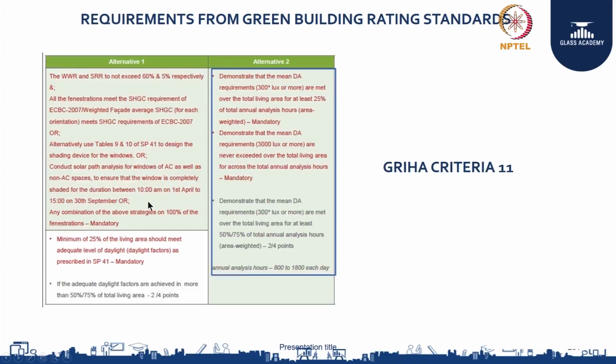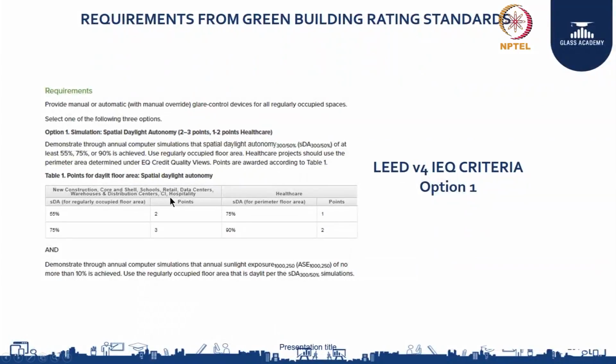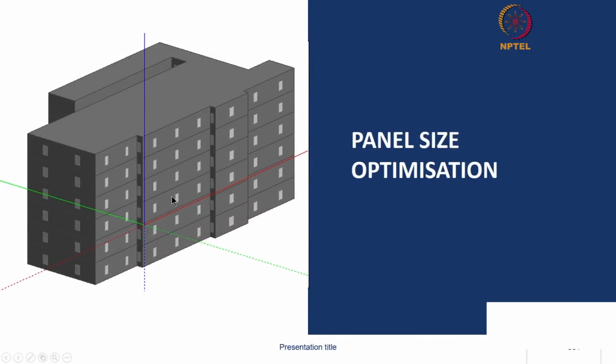So this is the end of your daylighting, and next we enter into an interesting topic called panel size optimization. So now we have decided from the sustainability point of view the glass that I am going to use, whether it is going to be a coated glass of solar factor of so and so range so that I achieve my green building requirements, or you get a comfortable lighting inside. So based on that you have decided on VLT, solar factor, etc.